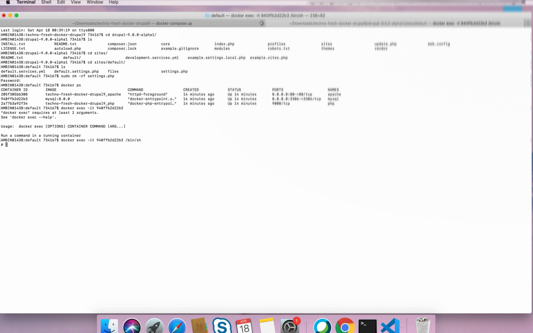Okay, yeah. Now how to access MySQL? mysql -u, Drupal is the username, and -p is the normal command, and the password is Drupal.